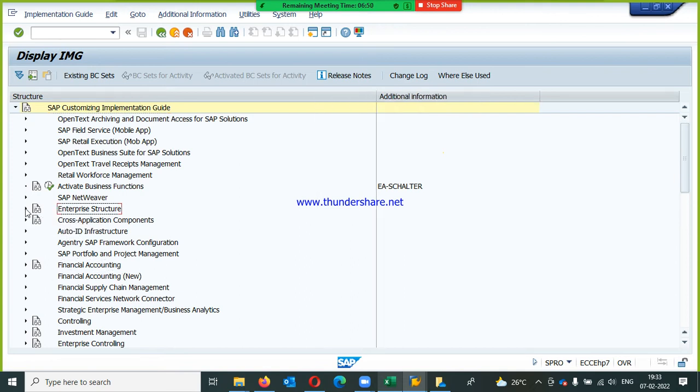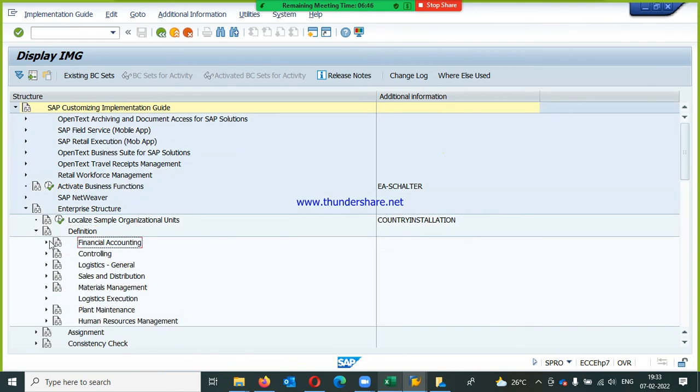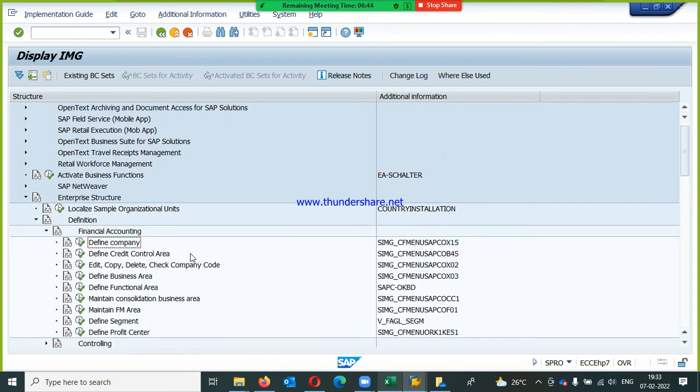Then I'll come to enterprise structure. I'll open the enterprise structure, then definition, financial accounting, then define company. If you want to create the company, then click on this clock symbol. You need to click this clock symbol. We have 2 options here. One is IMG activity documentation, and the other is IMG activity. If you want to create the activity or any configurations,